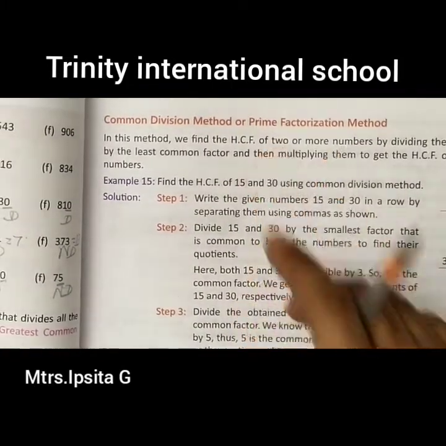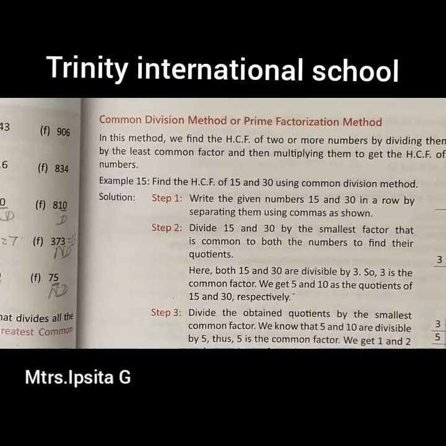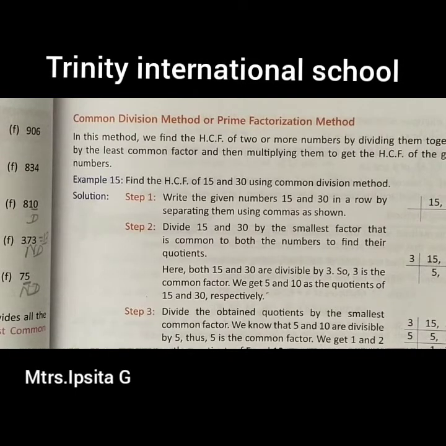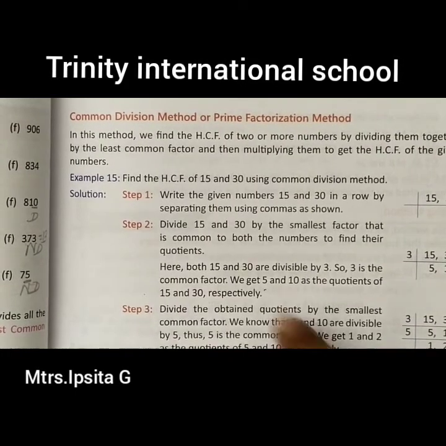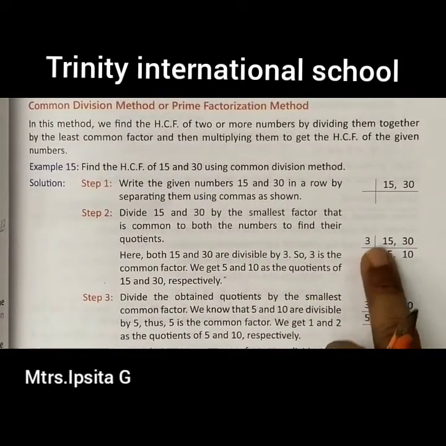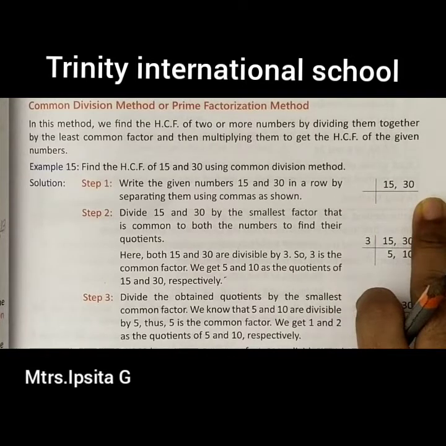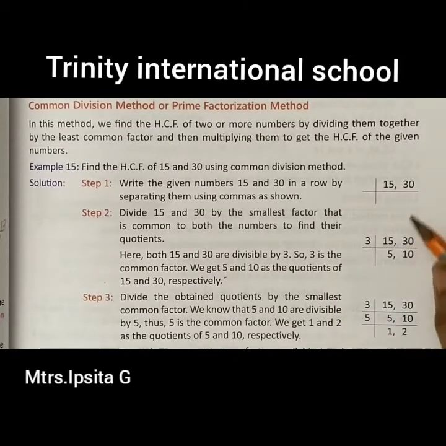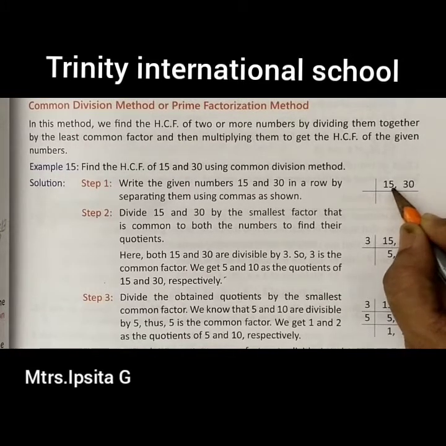Now this is the second method by which you can find out the HCF: the prime factorization method or common division method. Okay, so as you know that two numbers are given to you, तो दो numbers को आपने इस तरह से लिखने हैं. देखिए, ये इस तरह से लिखेंगे आप. उसके बाद आप क्या करेंगे, इन दोनों के कॉमन फैक्टर्स क्या हो सकते हैं. तो आपने देखा है डिविजिबिलिटी टेस्ट देखने के बाद आप इजीली पता चला सकते हो कि देखिए यहाँ पे 5 है और यहाँ 0 है, तो ये दोनों नंबर्स